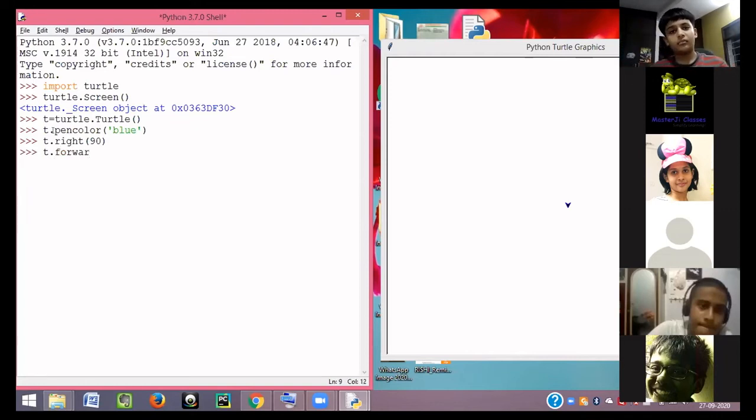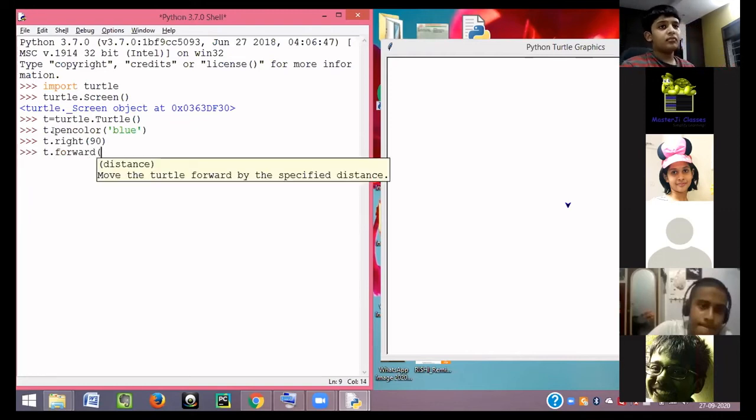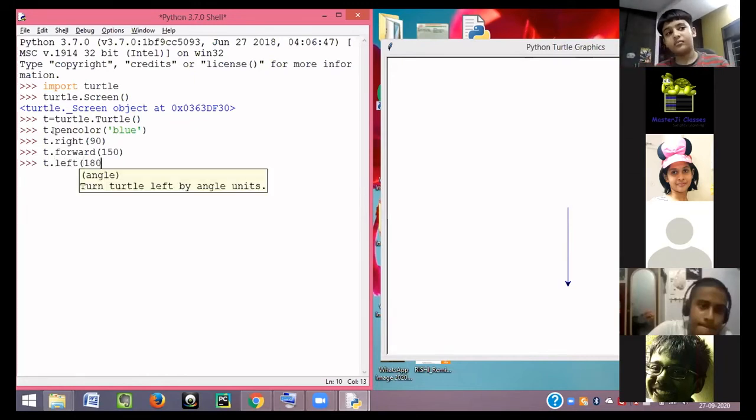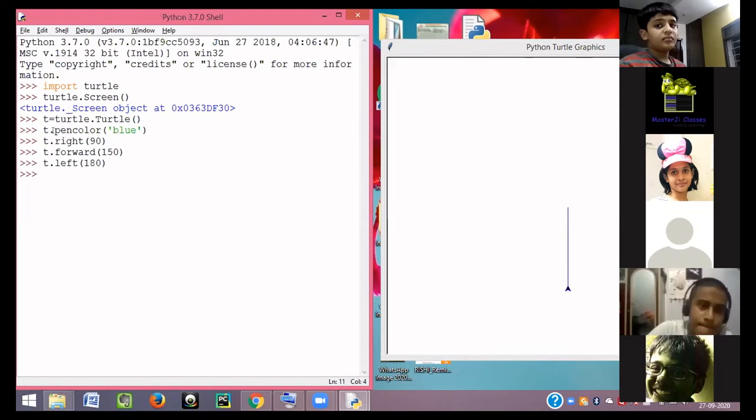Can anyone tell me how many spokes are there inside an Ashoka Chakra? 24. Perfect. Sir, in Scratch, we would do 360 divided by 24. Absolutely. Perfect. Okay, let me turn it left by 180 so that it goes back.